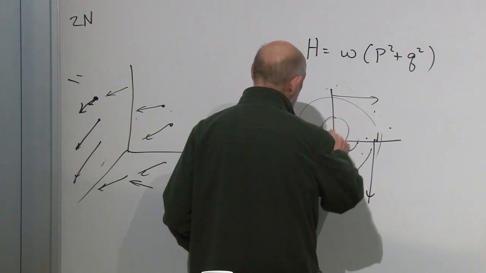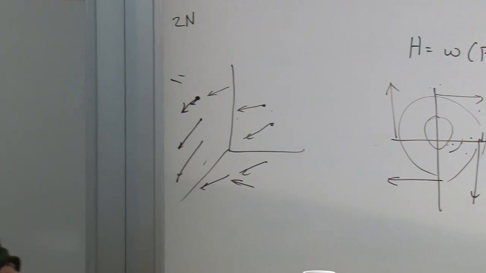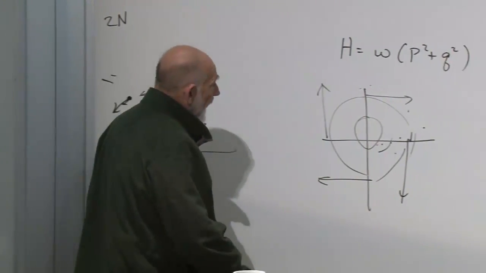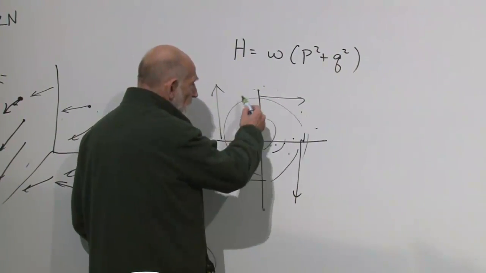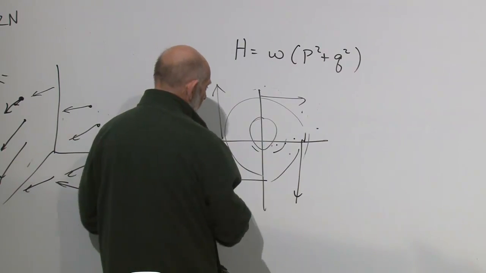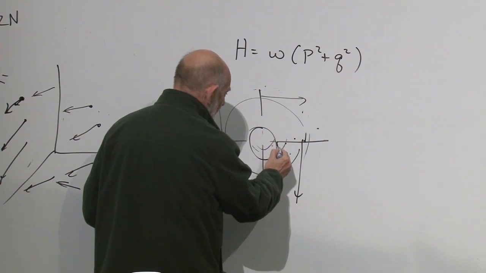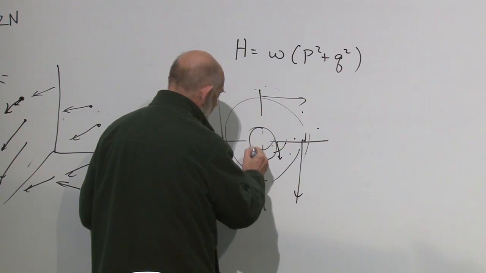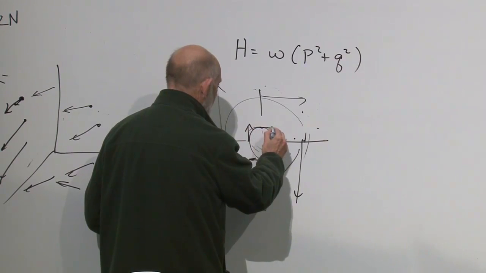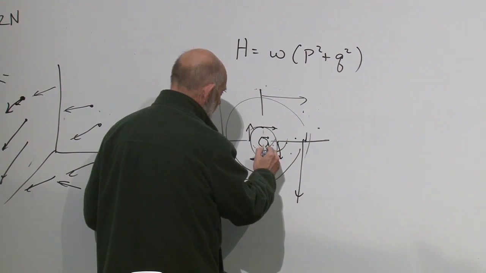But suppose you're moving closer. Then the magnitude of the velocity is smaller. It goes around in the same amount of time, but it has a smaller distance to go around. This is not a very good circle around the origin. Here's a circle around the origin. The velocity is smaller here. And if you go in even closer, the velocity is even smaller.